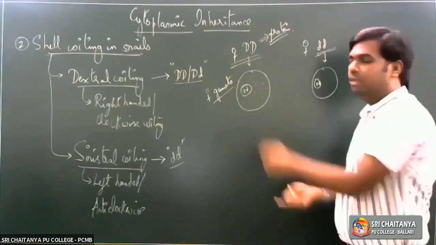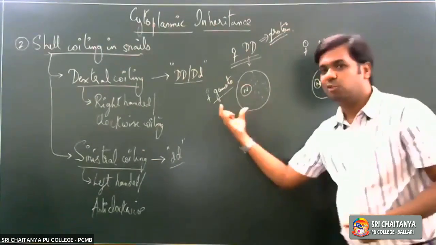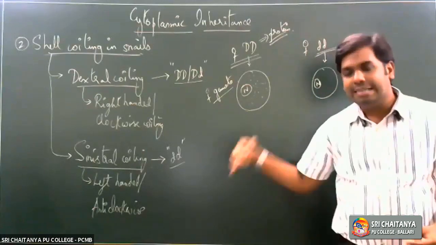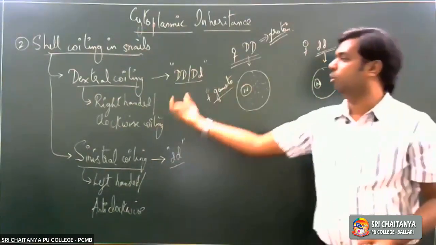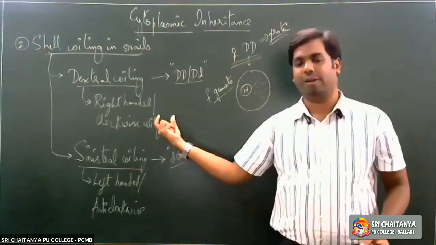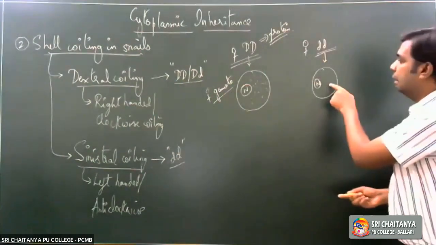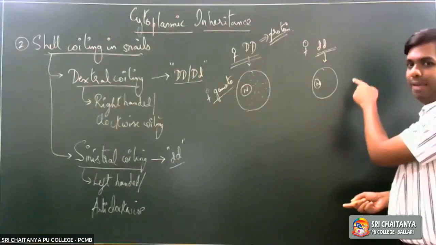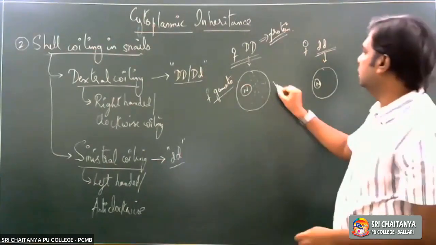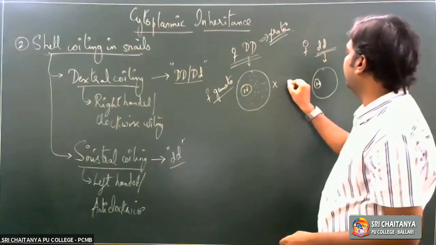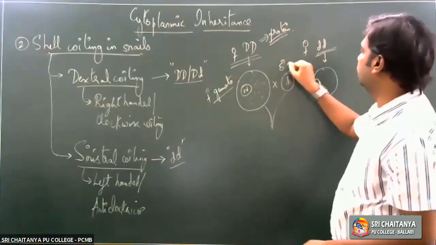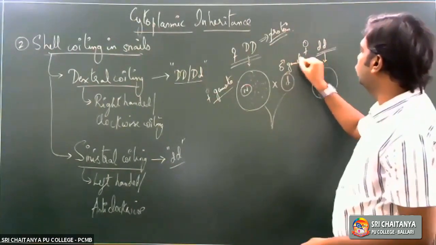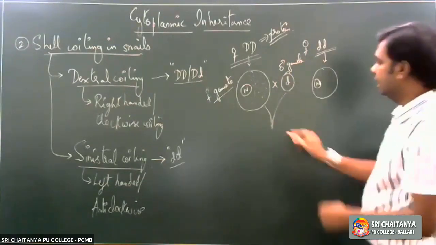Now this protein is the one which is transferred into the zygote, as a result of which the zygote would actually show right-handed coiling. If this particular egg fuses with the male gamete, right? So let's consider this fusing with a male gamete with small d. So when these two fuse together, this would be the male gamete here. When these two fuse together, what would be the condition here?